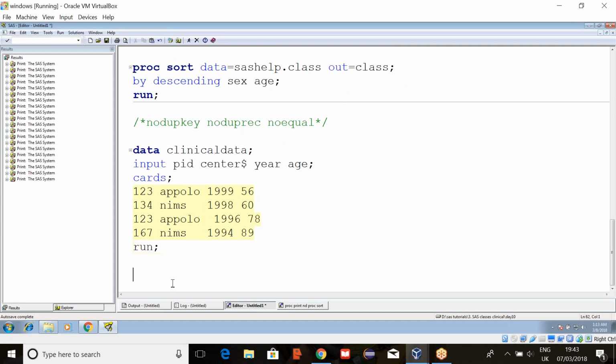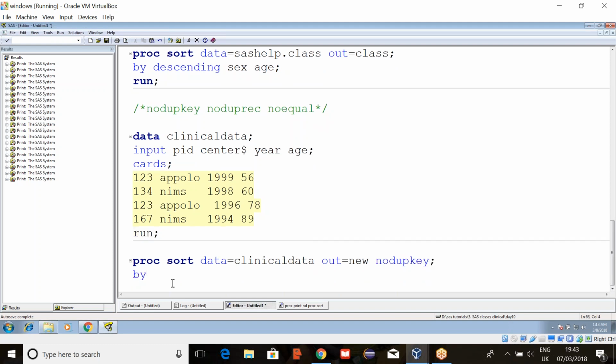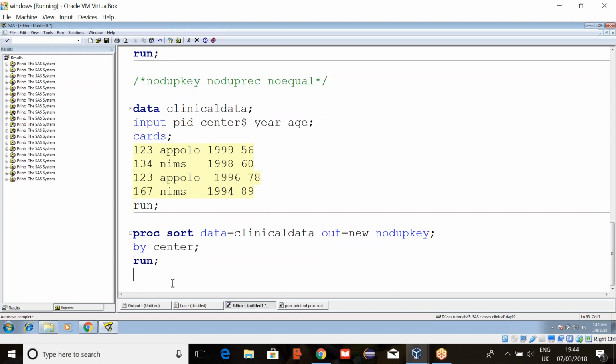So here we can write proc sort data equals your dataset name, clinical data, and create a new dataset. Write nodupkey. By which variable? By the Apollo variable name, center. By center, and then run.